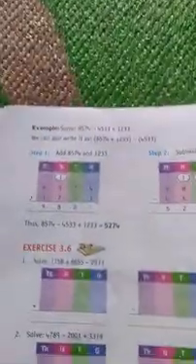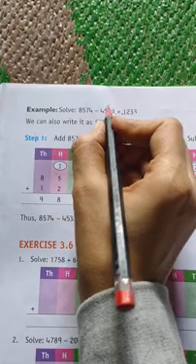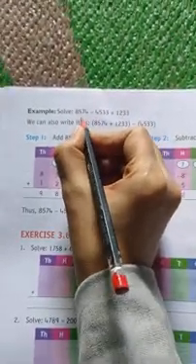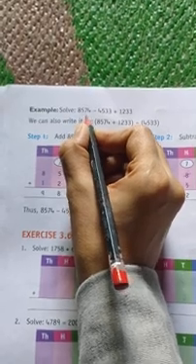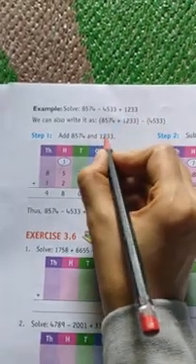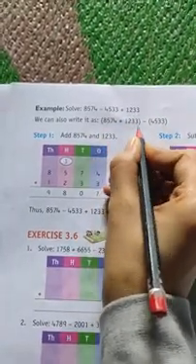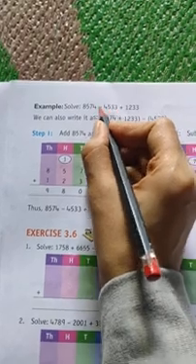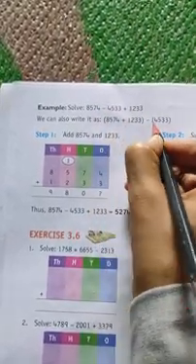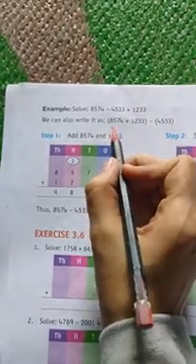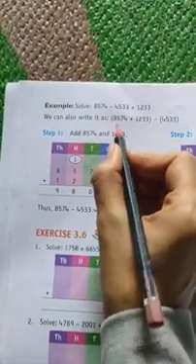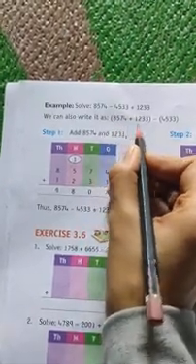In this rule, what it says is we have to arrange the plus sign numbers together. Which are the plus sign numbers here? 8574 plus 1233. So we have taken these numbers together, and then only one minus number is there, so minus 4533 we have separated. So first we have to do the addition of these plus sign numbers, that is 8574 plus